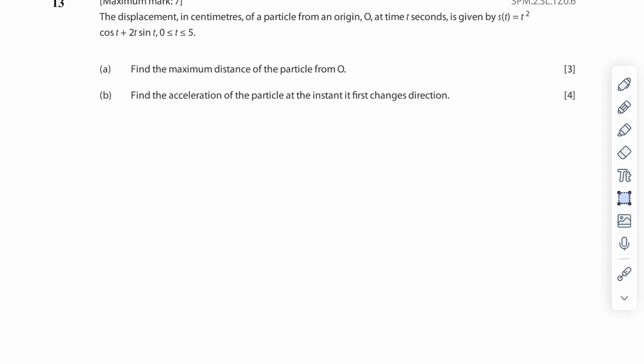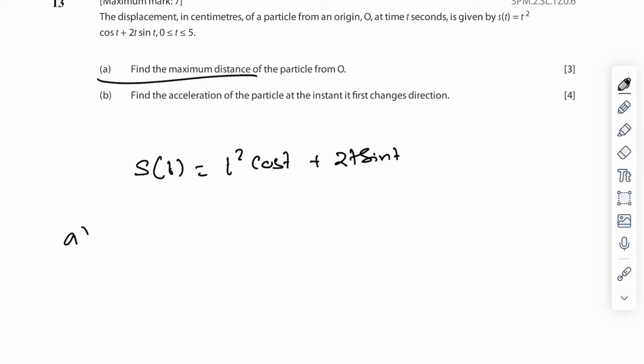To question number 13, the displacement has been given by s of t equals t square cos t plus 2t sin t. Find the maximum distance. Maximum distance means use the GDC to draw the graph and find the maximum point. So we'll be getting it out. Maximum point as